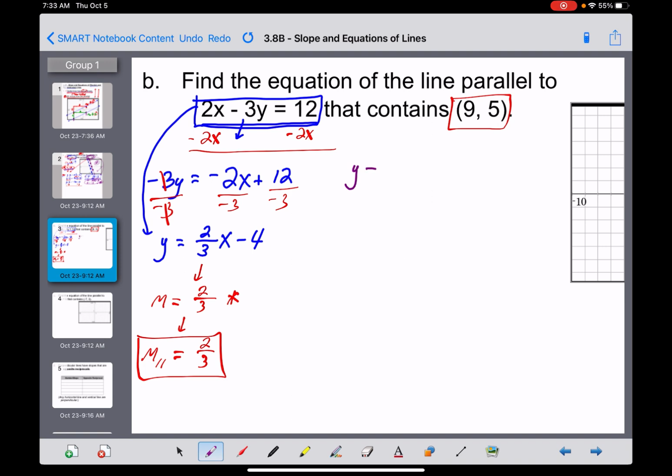Y minus our y coordinate, which is 5, is going to equal our slope of 2/3. And then in parentheses, that gets multiplied by x minus your x coordinate right here, which is 9. So there's our equation in point slope, but I know they want the answer in slope intercept, so we're going to distribute that 2/3 now and get y minus 5 is equal to 2/3 times x is just 2/3 x. Now, minus 2/3 times a negative 9,